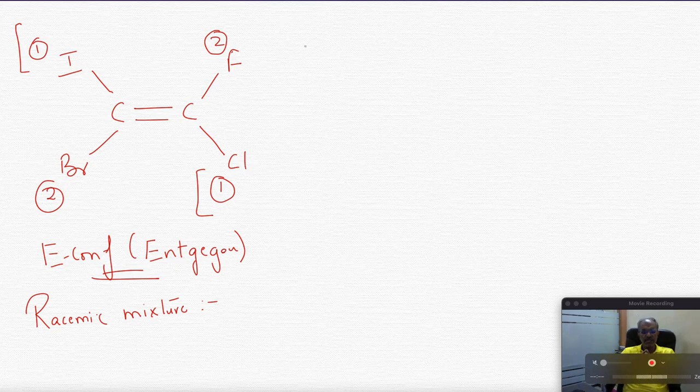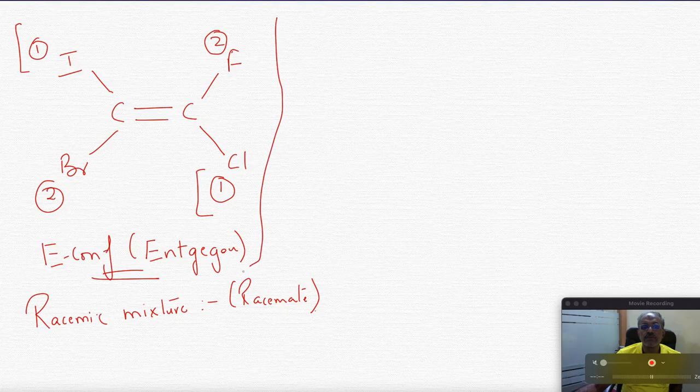Now, we will come to another topic by name racemic mixture, or even racemate it is known as. Right? Now, what do you mean by racemate? Racemic mixture. When you get an equimolar quantity,